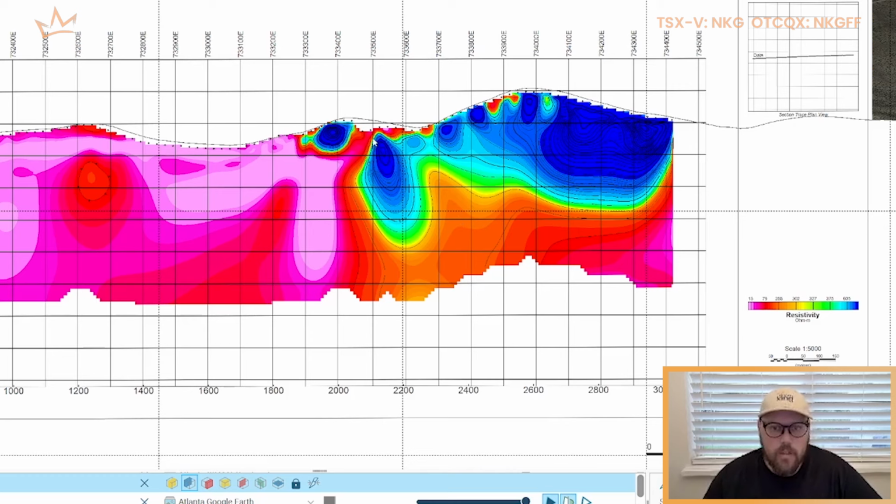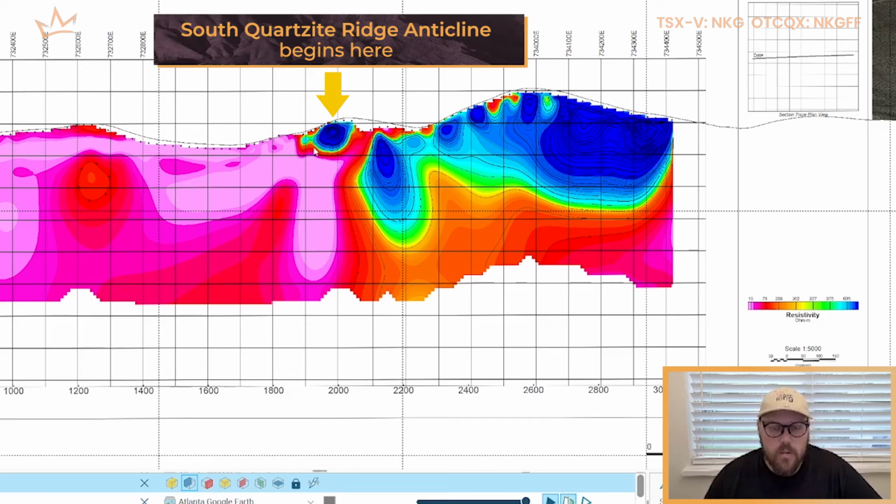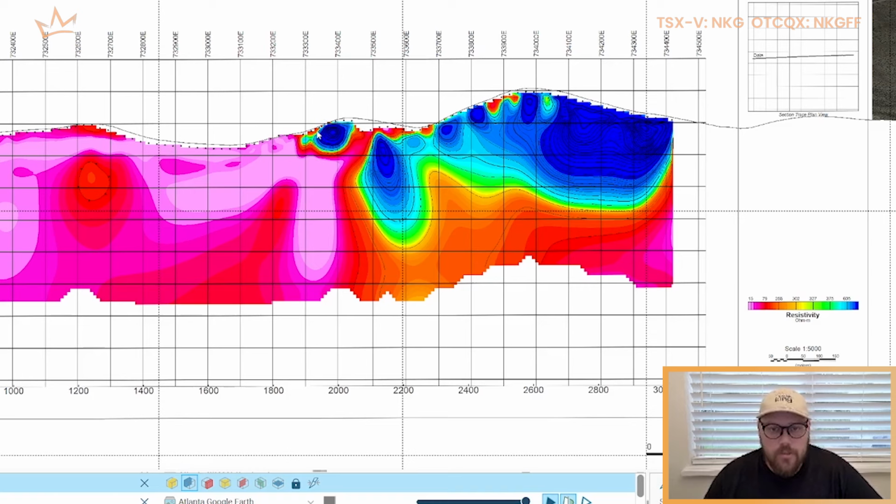To point out what we're looking at here, as my cursor circles, this is the beginning of the South Quartzite Ridge anticline. This is that quartzite knob that you get just to the south of the main resource area that acts as essentially a highly resistive cap to the signal from the geophysics. What this means is we've got a highly resistive Eureka quartzite, which is extremely impermeable and not susceptible to mineralization. But what we have below this, as you can see, is a deep plumbing structure with a very